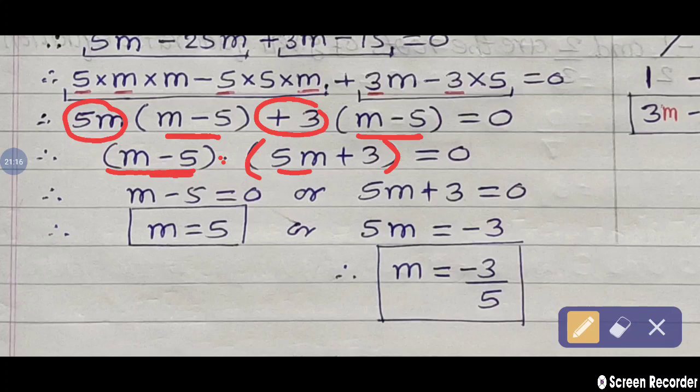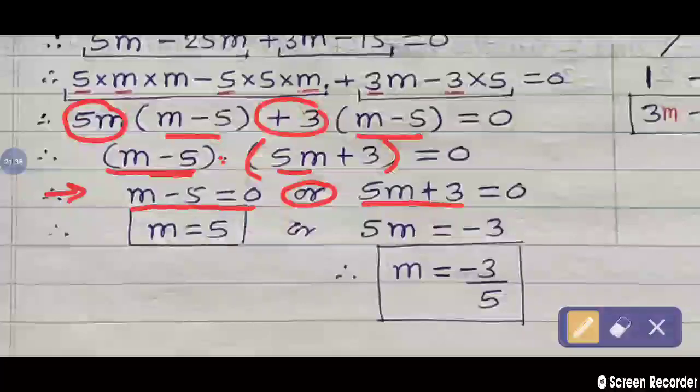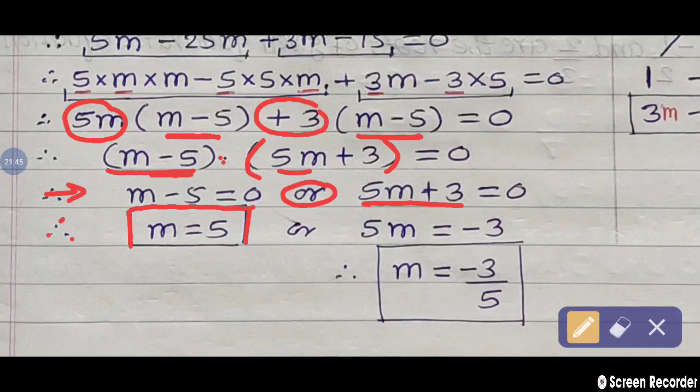As per our rule, if product of two numbers or factors is 0, then at least one of them is 0. So first factor equal to 0 or second factor equal to 0. So what is our first factor? See in this step, m minus 5 compare with 0. Therefore, in next step, plus 5 taking on the right hand side. So we are getting m is equal to what? 0 plus 5 means 5.